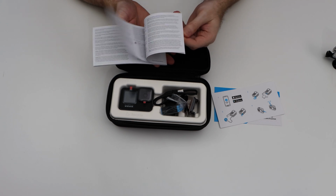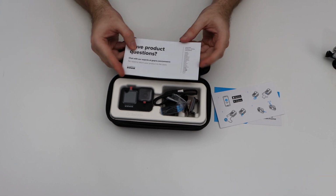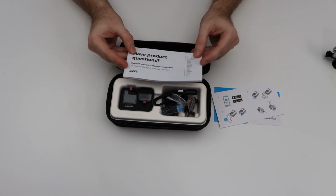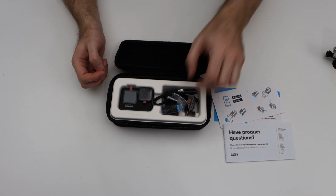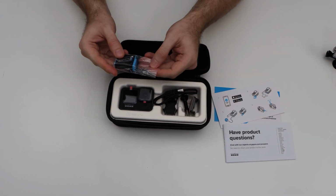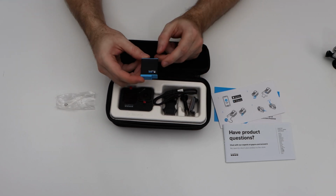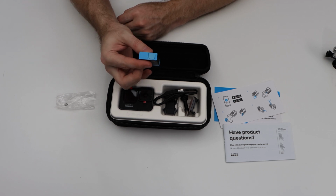So ideally all this is digitized in the future. I mean, I barely read these things, but you know, for those who want a paper reference. So like I said, we've got our battery here. I love that they've kind of color coded it with blue. It kind of adds a nice accent. I mean, it is only a battery, but